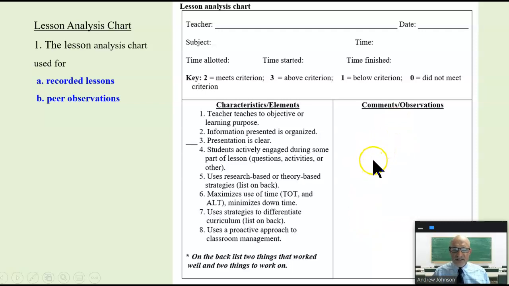Again, just like anecdotal notes, you just write what you see. Just write what you see and begin to see. And you will notice that patterns begin to emerge here. You can use this with your own analysis of your lessons, recorded lessons, or have a peer observe you here.